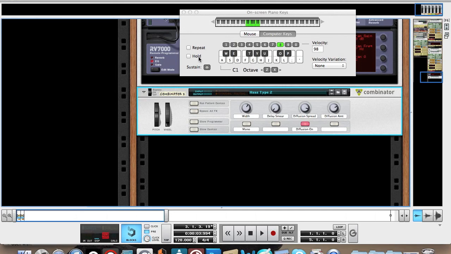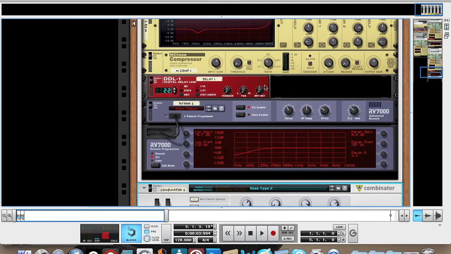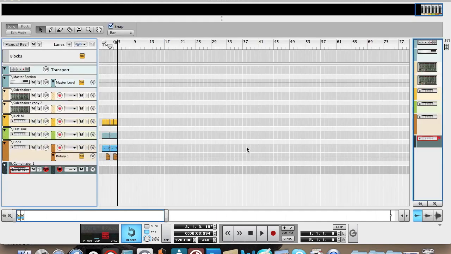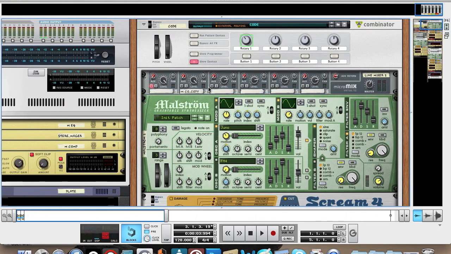And that's really it. I think the only other thing I did was I added a sidechain compression, and that's all it is really. So this synth is actually going to be part of my refill pack, but I felt